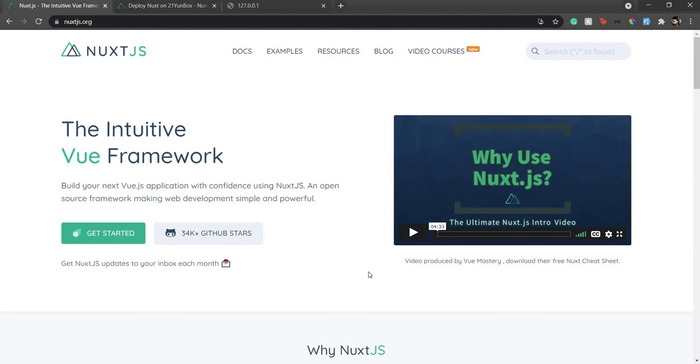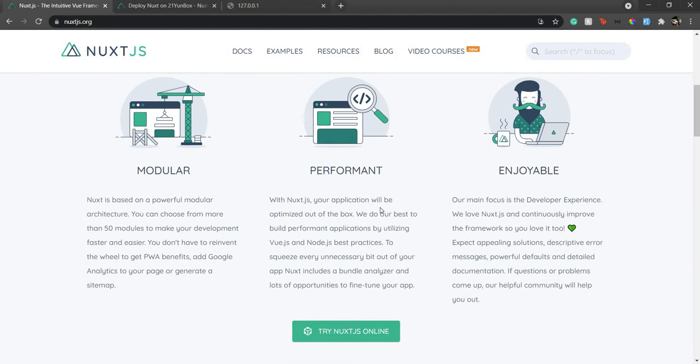What is Nuxt.js? Nuxt.js is a framework for a framework. We have React, and for that we have Next. Same for Vue, we have Nuxt. How Nuxt works is, it is actually nothing but Vue. It's nothing rocket science. It's only Vue, but with the added benefits of routing being taken care of for you, and the complexity that Vue has, for instance the modularity, the performance, and the developer experience. Nuxt makes sure it overcomes these drawbacks of Vue.